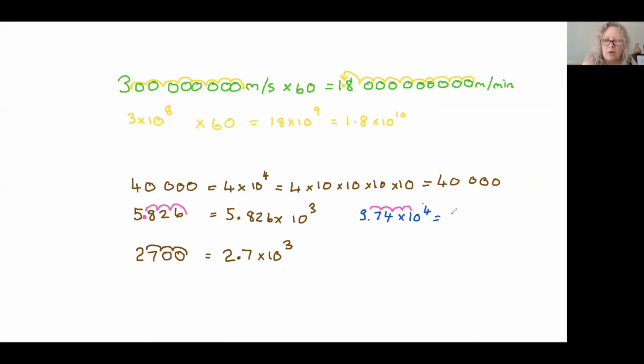So we're going to end up with a decimal point there, four spaces after the 3, 1, 2, 3, 4, 37,400. Another one. 28.36 times 10 to the power of 3. So we move our decimal point 1 space, 2 spaces, and we're going to chuck a 0 in there. So we're going to end up with